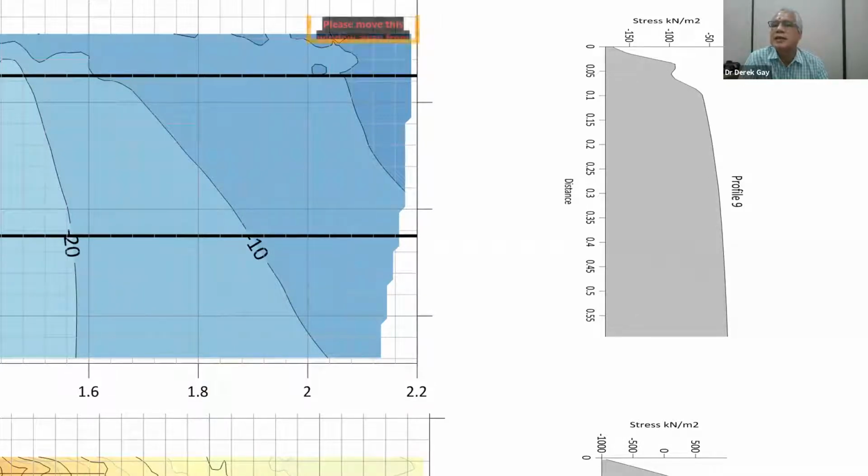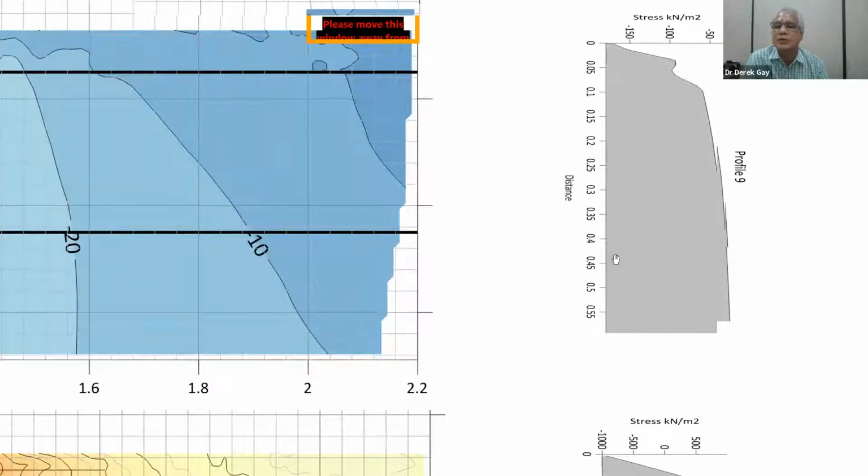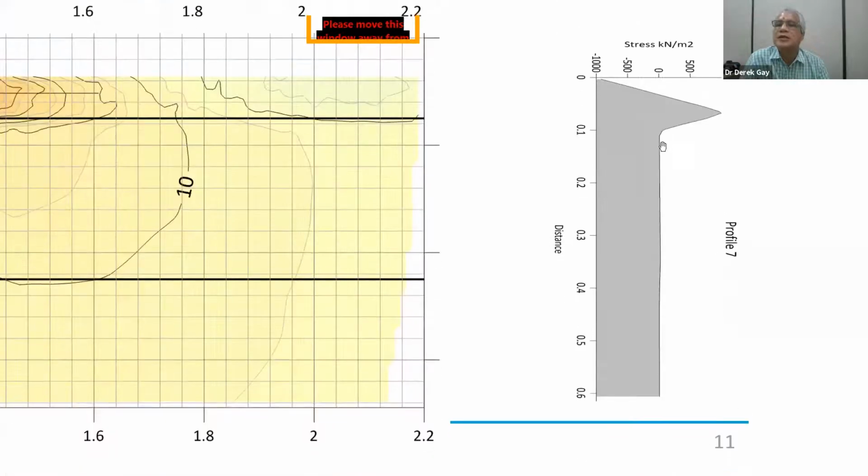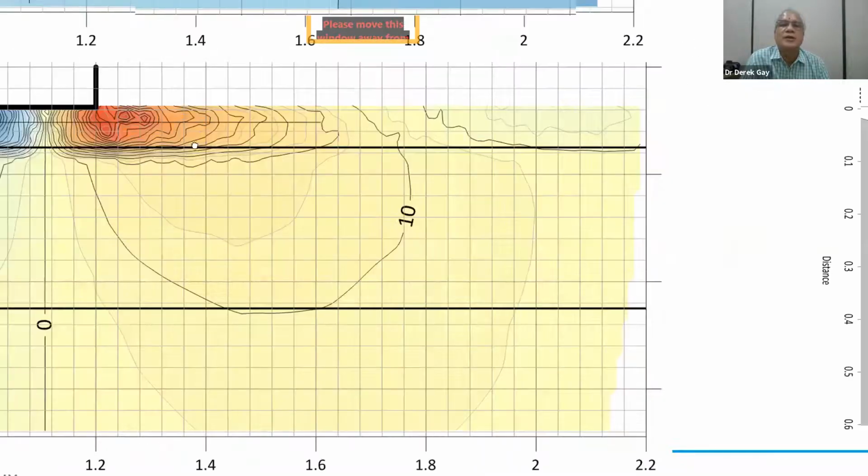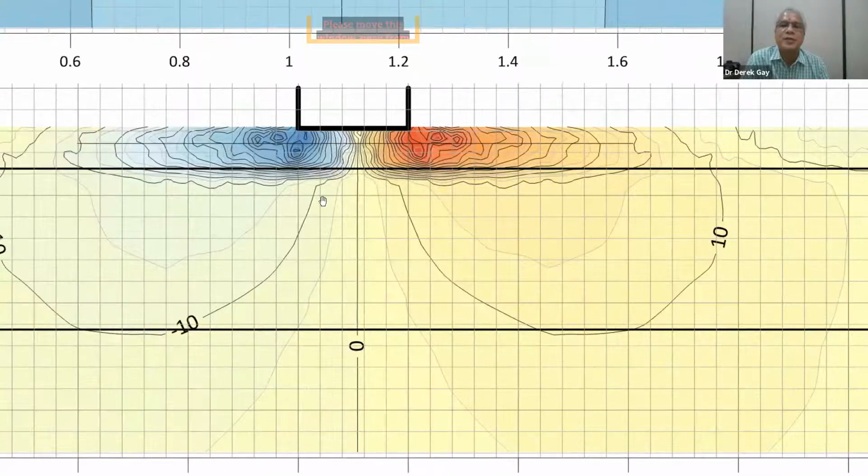Read the white part of the stress, right? So 50 or 40 to 180. You'll see that the maximum stresses are within that upper layer, which is the asphalt layer, right? You see the same thing here, that those peak stresses, minus 1,000 to plus 1,000, are within this layer here, and